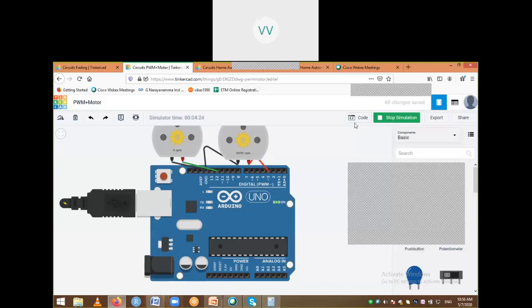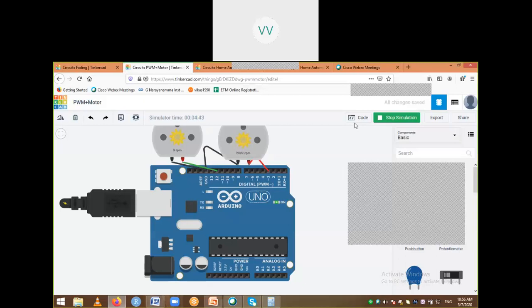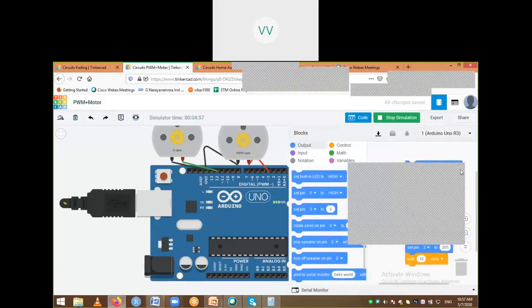Okay, whether that particular concept is clear. If I want full speed, I need to give 255. Half speed, I need to give the value of 127. And if I need zero speed, I need to pass zero value. It's not the value 2650 or 5555 which we will be sending, but we will be sending the corresponding digital number, like 127. It will be in the range of 0 to 255 because we are considering that as an 8-bit digital number. Okay, 0, 127, 255. Like that we are going to give.